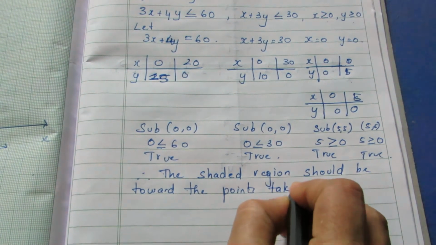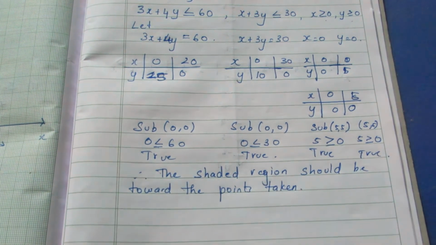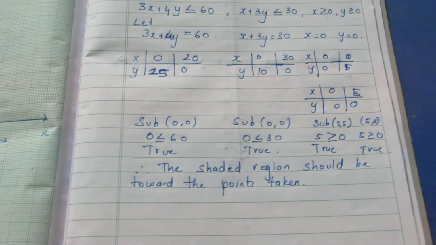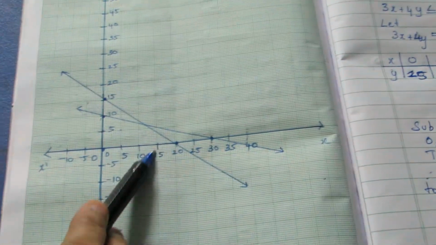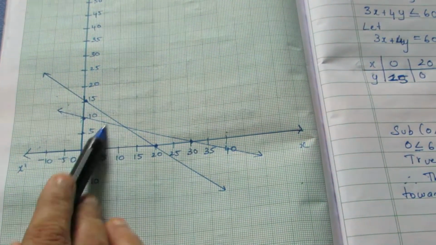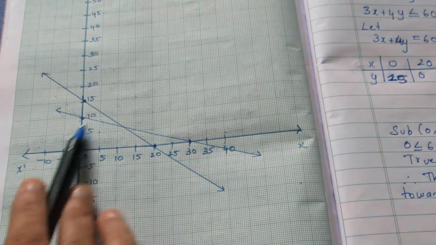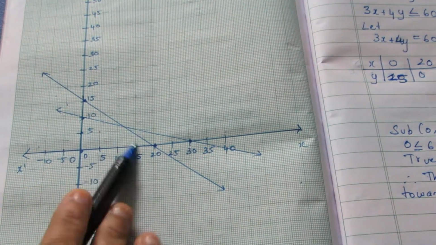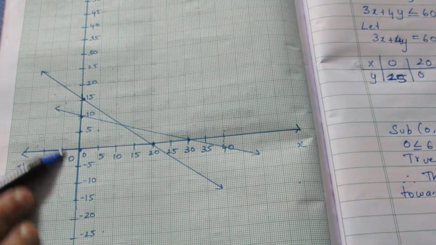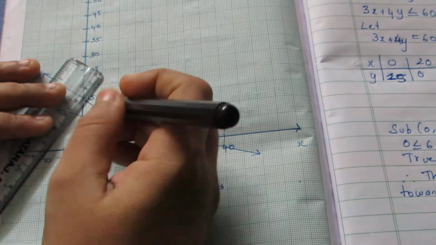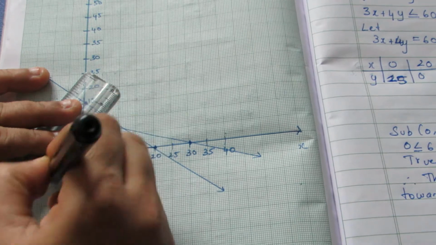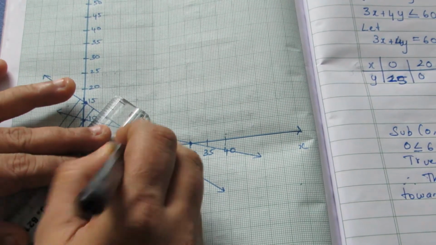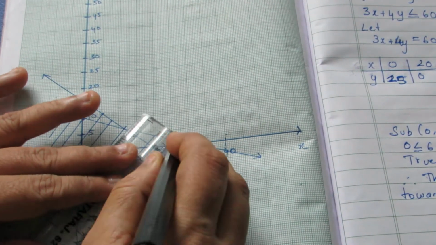Because we have taken different points for these 2 and different for those 2, it should be towards the point. For the first one, it will be here. For the second one also, it's here. For this, it is here because 5 comma 5 is here. And for the x-axis, it is here. So mark only the region where all 4 intersect. That is more than enough.